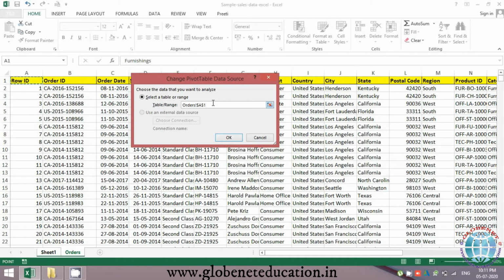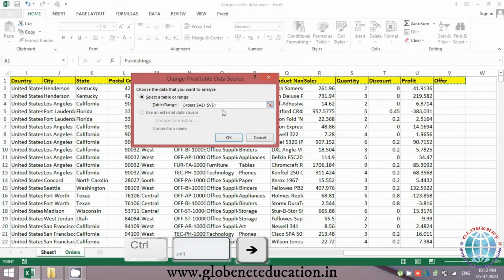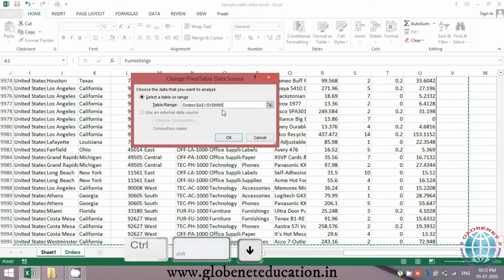I want to select the entire data. You can do a Control A, but if you notice, it selected the last cell of Excel. Avoid doing this mistake because it would make your data a bit heavy, because it is taking the entire sheet and there could be chances of your Excel getting hanged and all that. So avoid such mistakes. I did Control Home. I do Control Shift right arrow key to select all the columns till the right, and Control Shift down to select all the rows till the end.